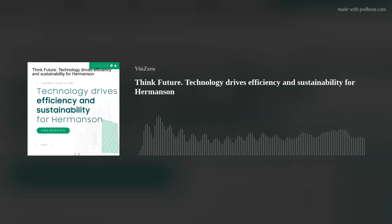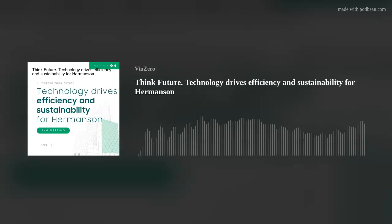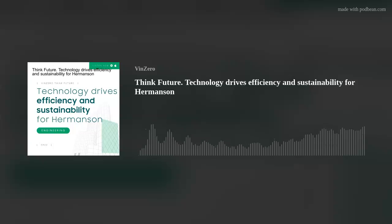So yeah, the key to this type of implementation is, we're teaching construction people that have never owned a computer. Some of them are very uncomfortable in this type of atmosphere, but it's sitting with the guys that are doing the work. This is what this technology can do. How can we make it better? What do you guys want it to do? So teaching and mentoring this type of thing is the only way for true implementation, but that's just a very small part of it. Like I said, when I sit down with the guys and ask them what to do,